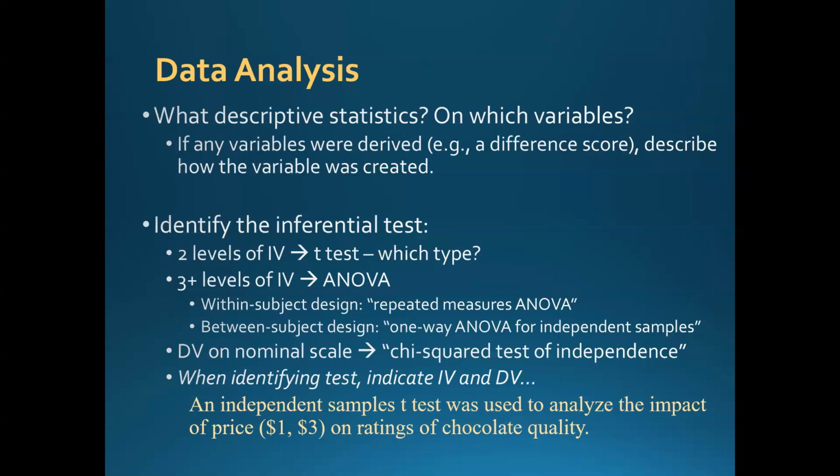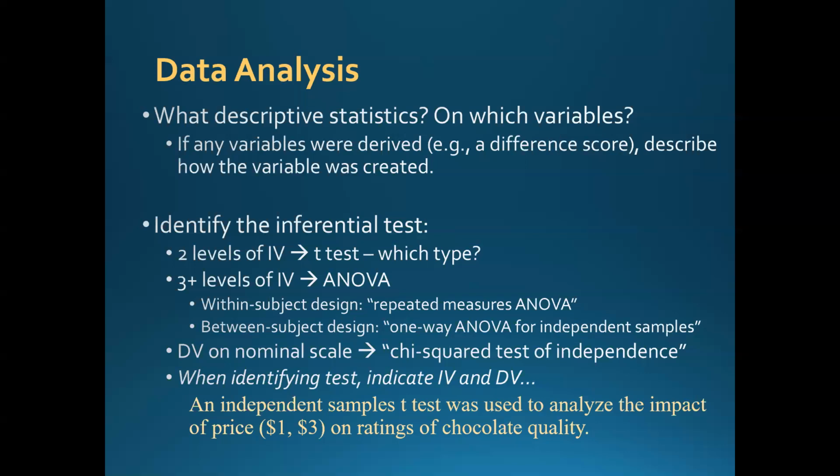Then you should identify the inferential test. So Dr. Tenenholtz talked about ANOVAs, right? So, but I don't think any group is probably going to be running an ANOVA because you only have 2 levels of your independent variable. So all of you are going to be stuck with a type of t-test. So we have 2 types of t-test, right? So we have the dependent samples t-test and the independent samples t-test. Go back in your notes, try and think about which one you're going to be using.